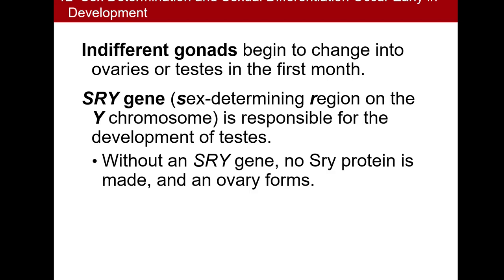I think it's fascinating. All right, so in the beginning of this process, we have chromosomal sex: XX, biologically female, XY, biologically male. In the beginning, the individual has indifferent gonads, which means these are organs that could develop into ovaries or into testes, and certainly very early on, you're not going to be able to tell.